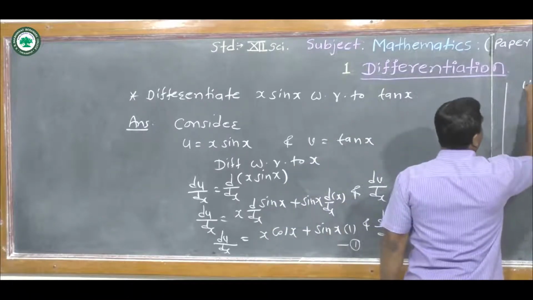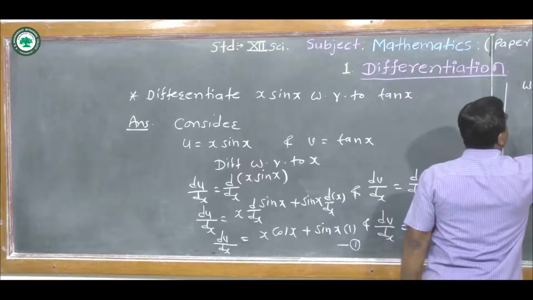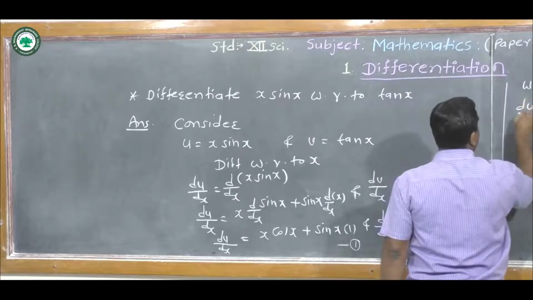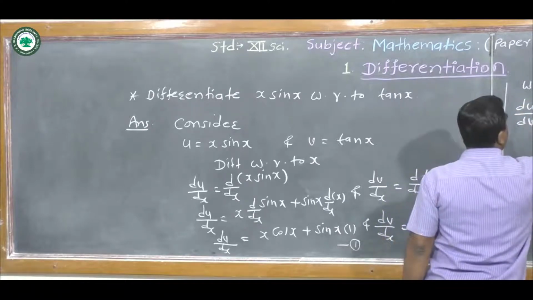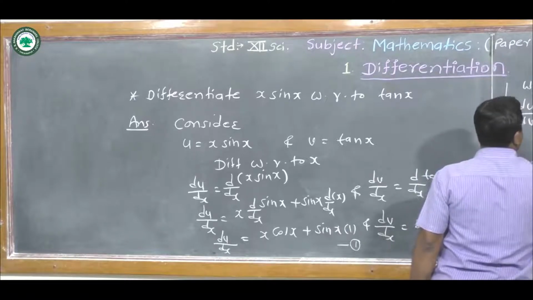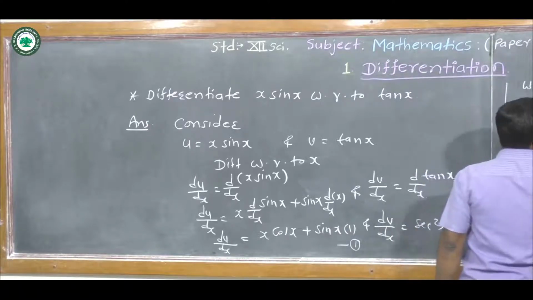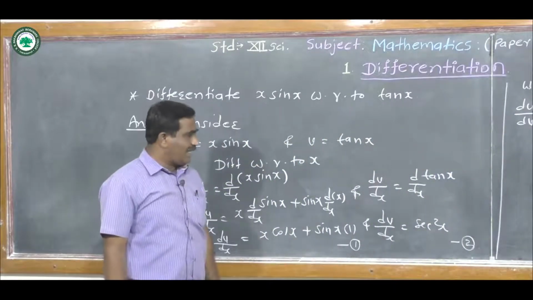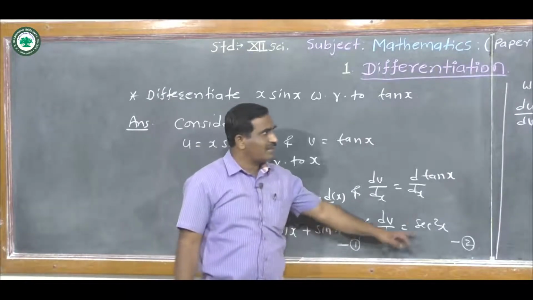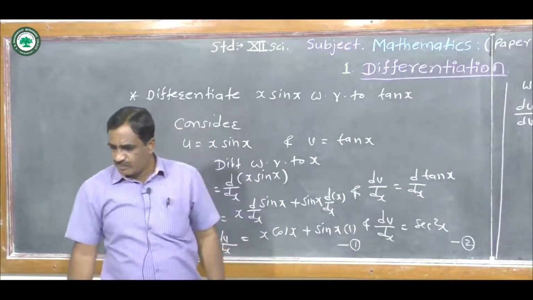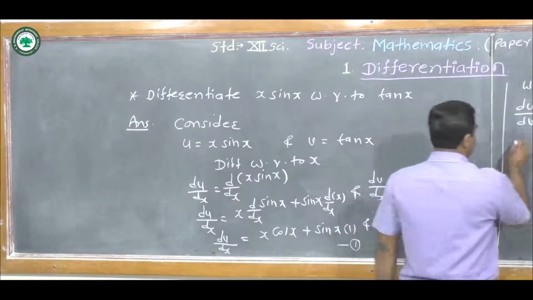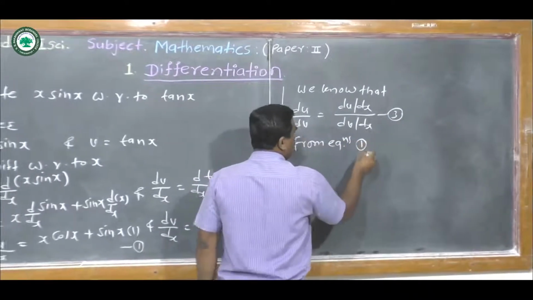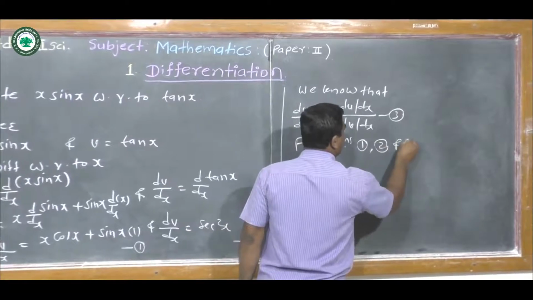Now we know that du by dv is equal to du upon dx upon dv upon dx. Say this as equation number 3. Now put values of du by dx and dv by dx from equation 1st and 2nd in equation 3rd. Therefore, from equations 1st, 2nd and 3rd, we get